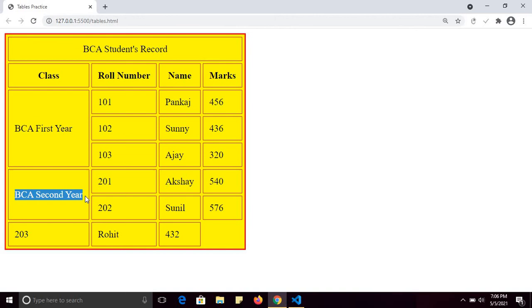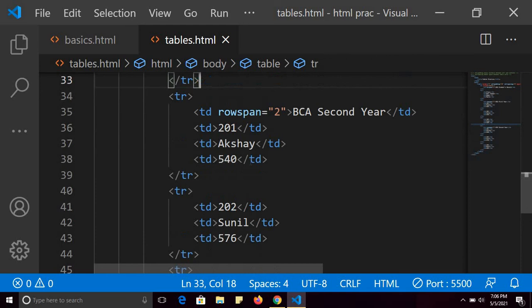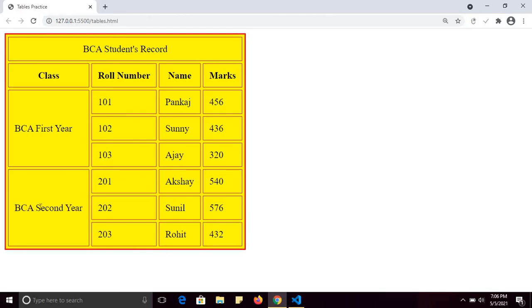Because this BCA second year is taking the space of only 2 rows, but there are 3 entries for BCA second year: roll number 201, roll number 202, roll number 203. So I have to change this row span to 3. So let me save. It means now the BCA second year is taking the space of 3 rows.